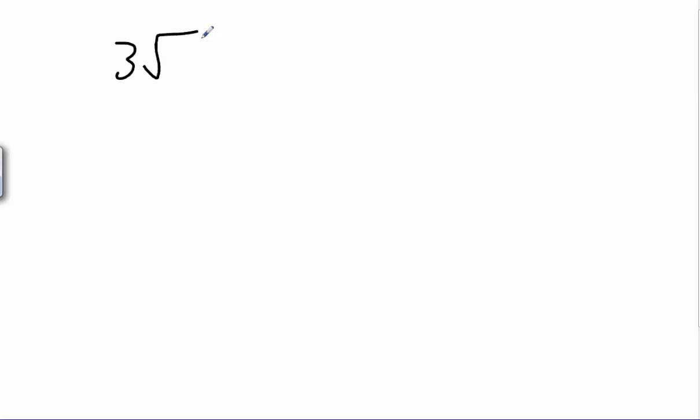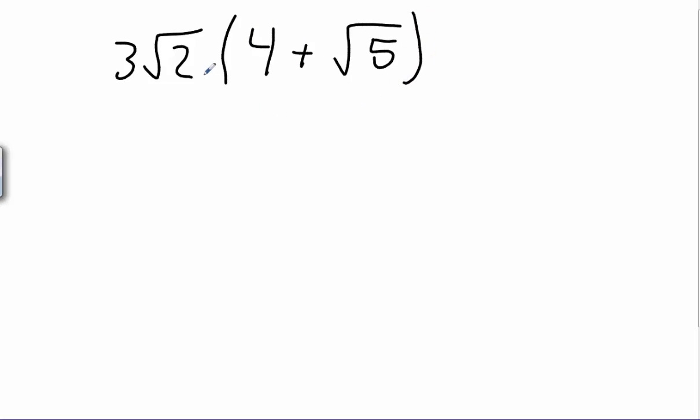So let's do a little more trickier one. We'll do 3 square root of 2 times the quantity 4 plus the square root of 5. If you guys remember, it's your favorite D word in the dictionary, which is distribute. So we have to distribute this whole 3 radical 2 into our parentheses. This is where a lot of kids get tricked because 3 radical 2 multiplied by 4. The outside of this one is a 4, so it's 3 times 4 is 12, and our radical 2